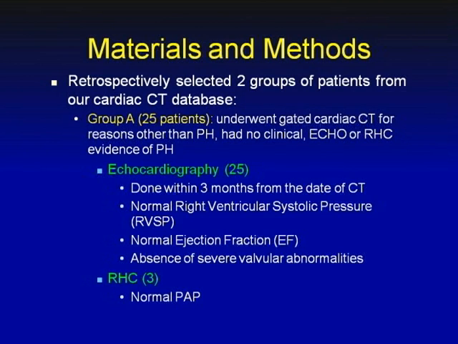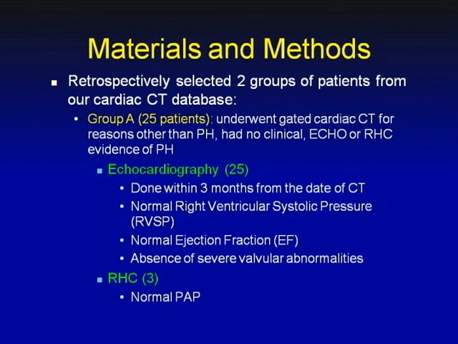We selected two groups of population from our cardiac CT database. Group A was 25 patients who underwent gated cardiac CT for reasons other than pulmonary hypertension. All these patients did not have any clinical or echo evidence, or right heart cath evidence whenever available, of pulmonary hypertension. In all these patients, echo was present, and there were no other features to suggest pulmonary hypertension. There were no valvular abnormalities, and in 3 patients,